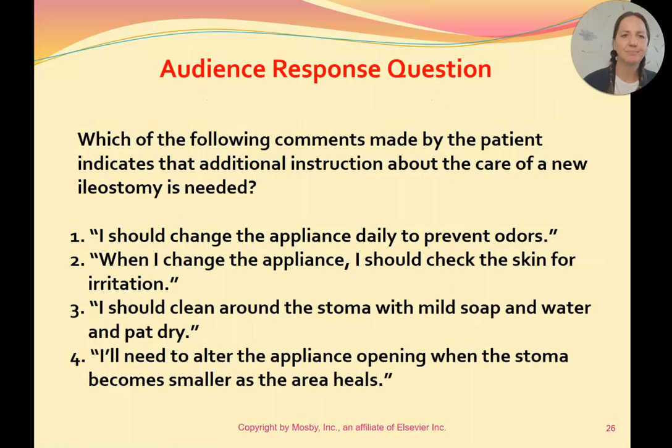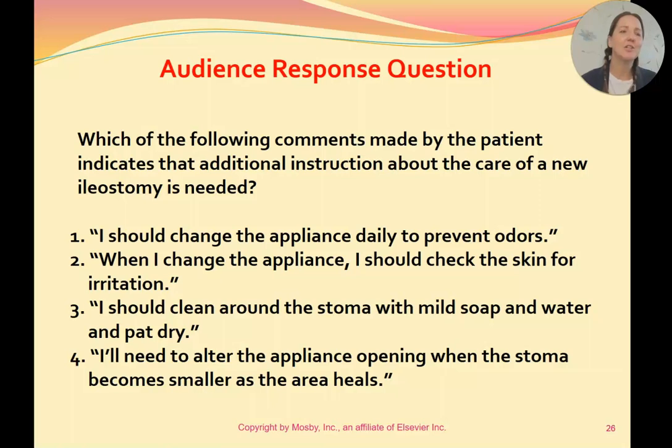meal plan. And which of the following comments made by the patient indicates that additional instruction about the care of a new ileostomy is needed? This is wrong answers only, okay? So look through them. Which one's the wrong answer? Okay, so for number one,